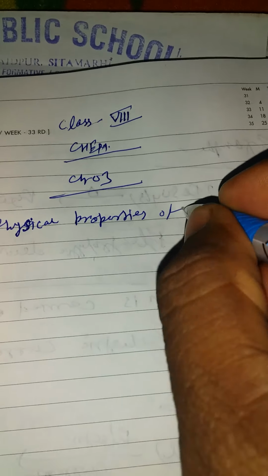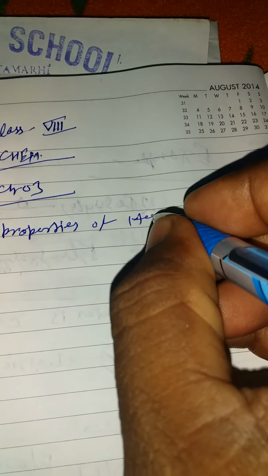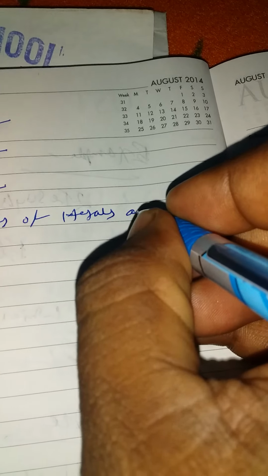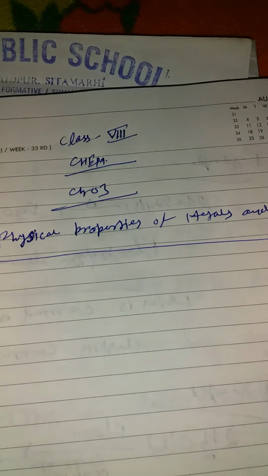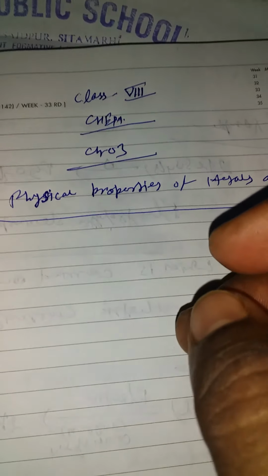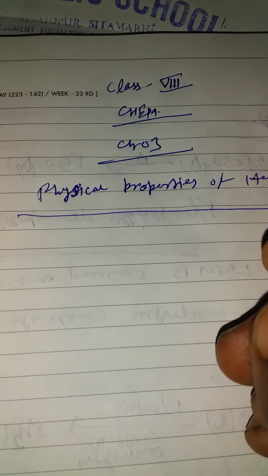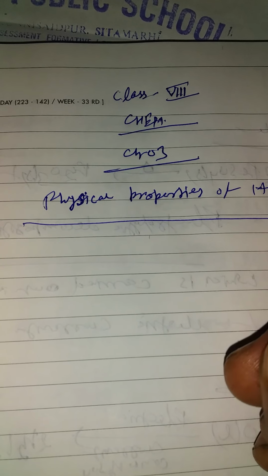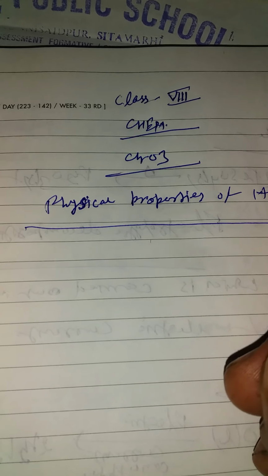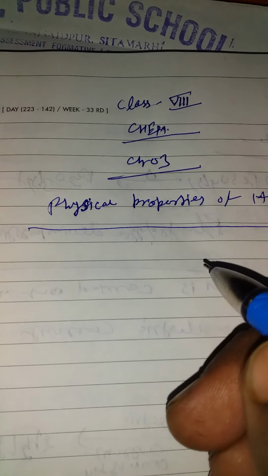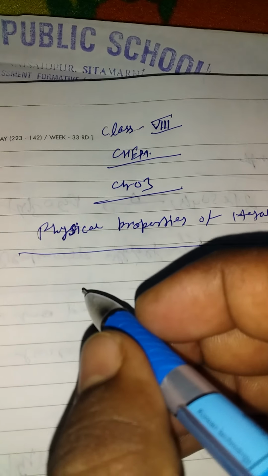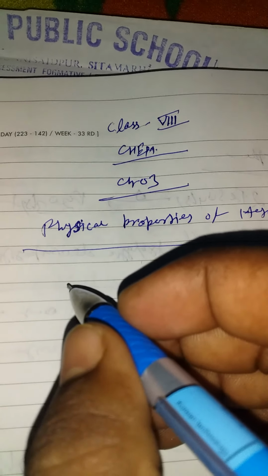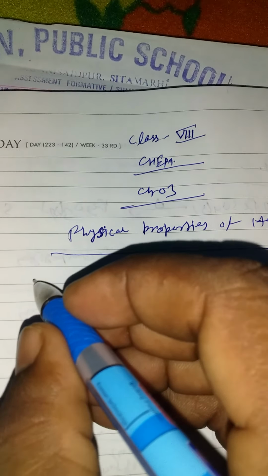Our next topic is physical properties of metals and nonmetals. In this topic, we will discuss metals and nonmetals on the basis of physical properties. So, let us start. First physical property,